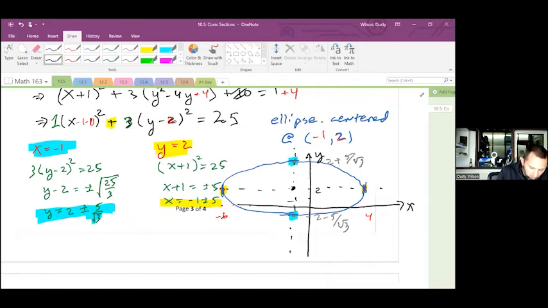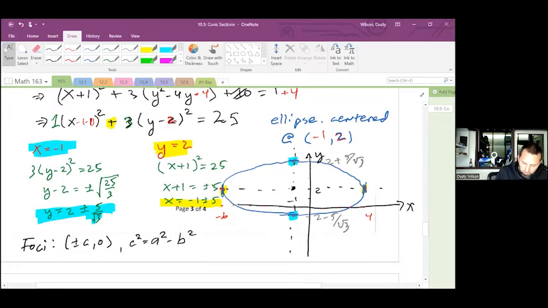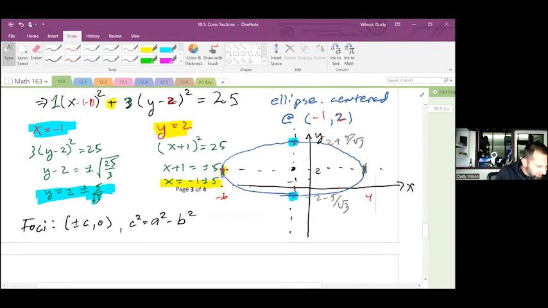And in this case, we remember that our foci are at plus or minus c comma 0, where c squared equals a squared minus b squared. Okay. In our case, the a is, oh my gosh,